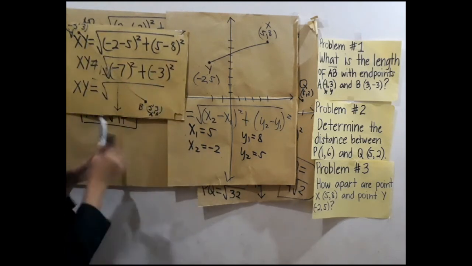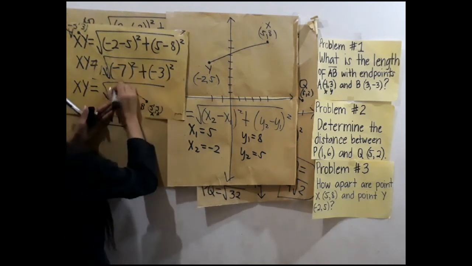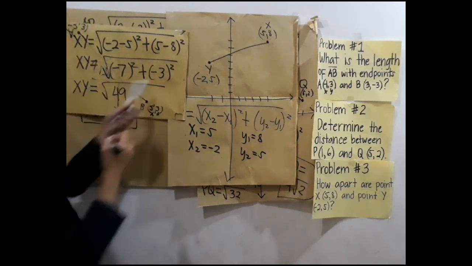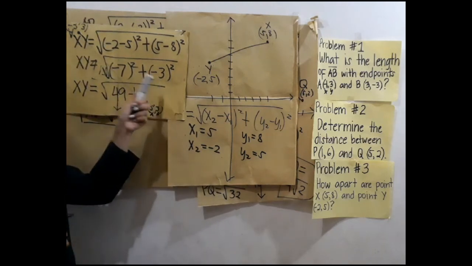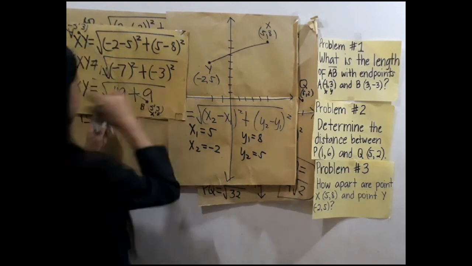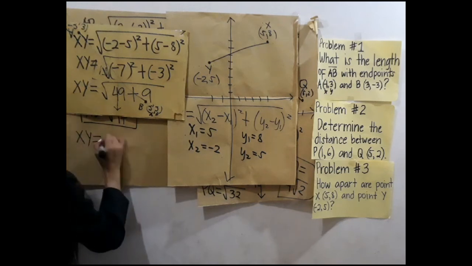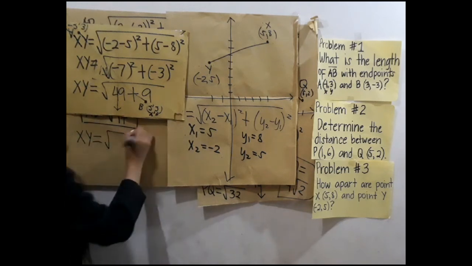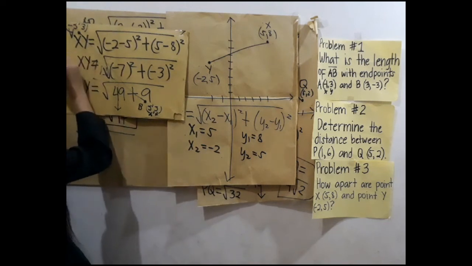Negative 7 times negative 7 is equal to positive 49. Copy again the sign. Negative 3 times negative 3 is equal to positive 9. So XY is equal to the square root of 49 plus 9. 49 plus 9 is equal to